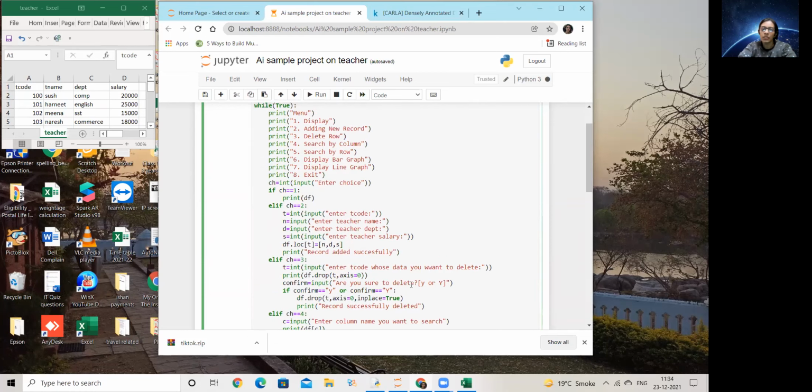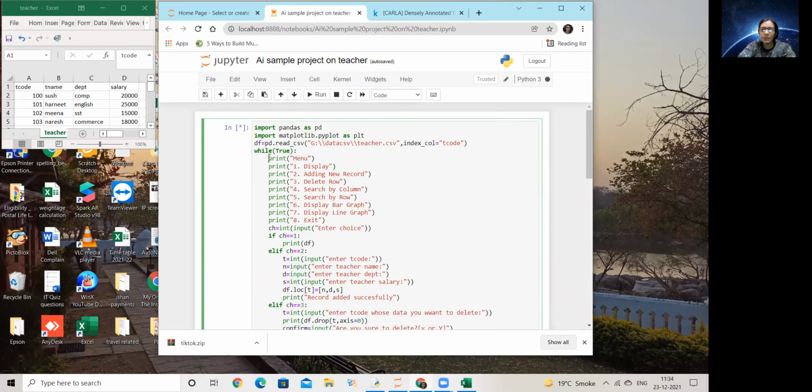Now this is a simple menu I have created. When you keep adding more options or make submenus, the story goes a little different, but as of now I've made a simple menu for display, add, delete, search and displaying of graphs. It's a normal print statement. I don't think there is any issue in this particular set of statements. Any issue? No, ma'am. Sure, I hope it is the same for others too.